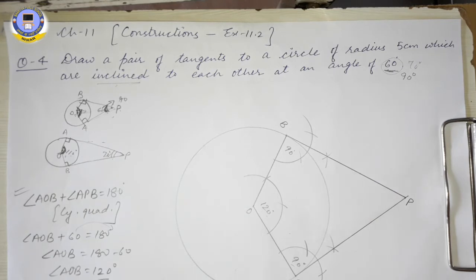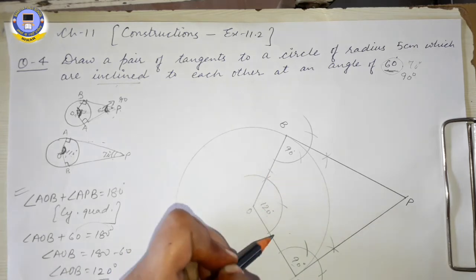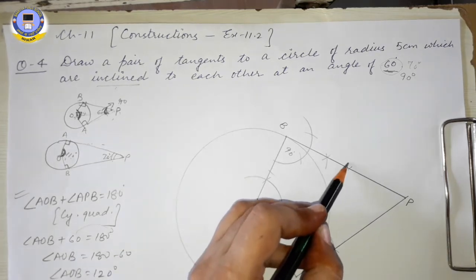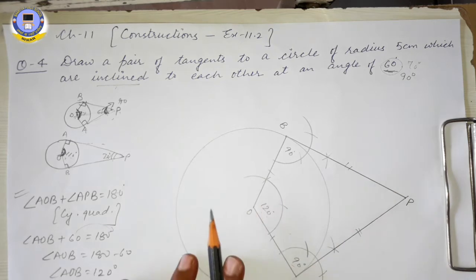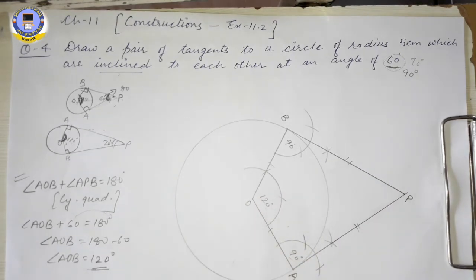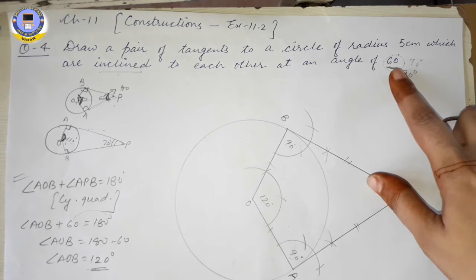Then we can ask one more question, that which figure do you get in that construction? APBO will be a what? It will be a square. First of all you can say it as rectangle as all the four angles are right angle but adjacent sides are equal. Radii of same circle and length of tangents drawn from external point are equal. So in that case we will get AOBP as square.